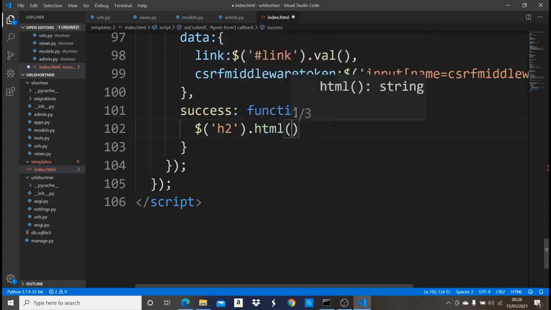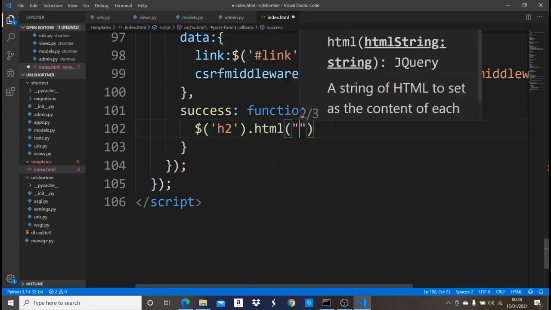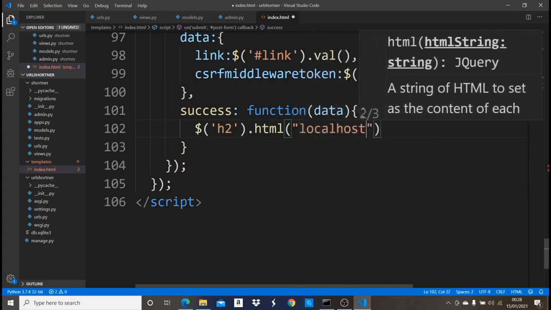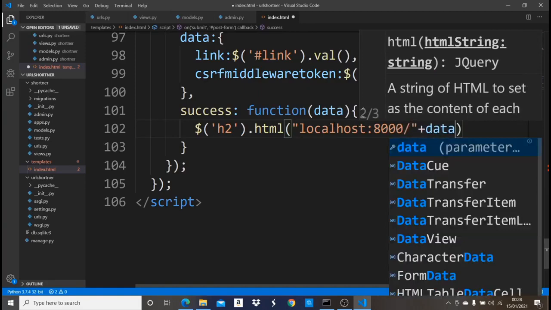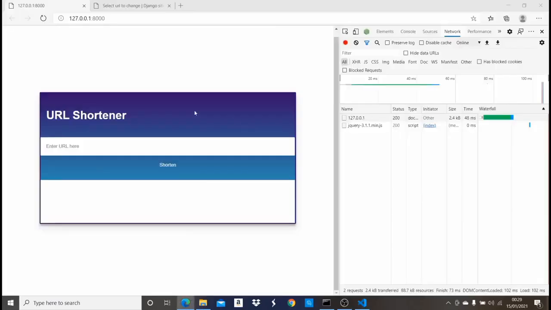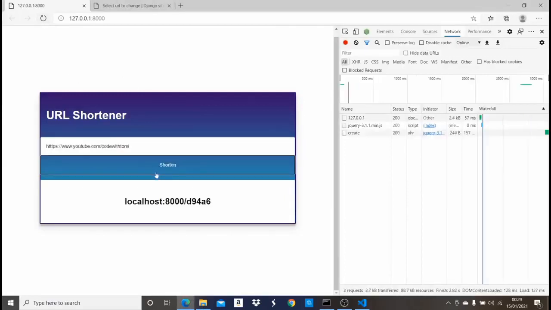and then let's change that to, now let me give it this. Let's just simply change that to localhost 8000/ let's add data. Now if I save this and go, you are going to see what it looks like. So let me refresh it. Let me put that same thing and shorten. Now once I shorten, you see it gives me this link which is localhost 8000/this UID which was assigned to